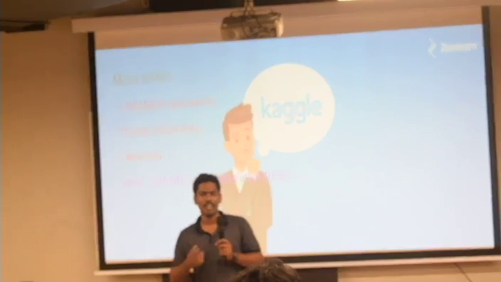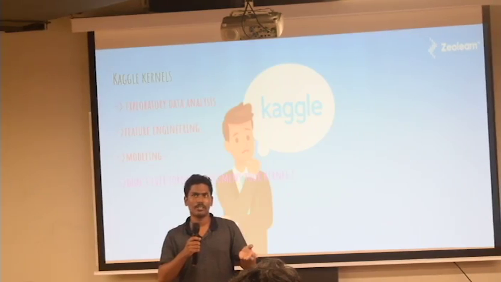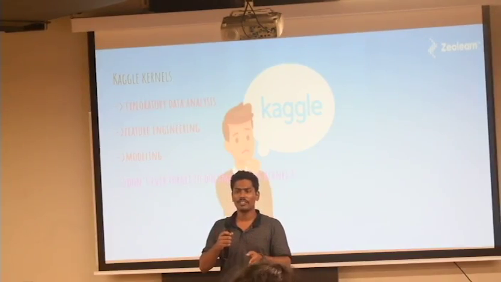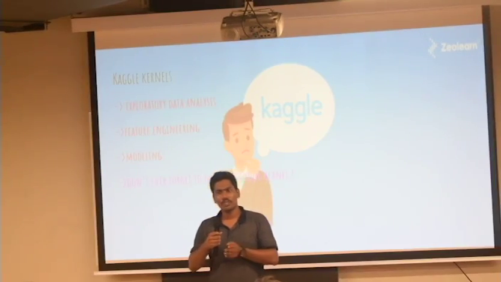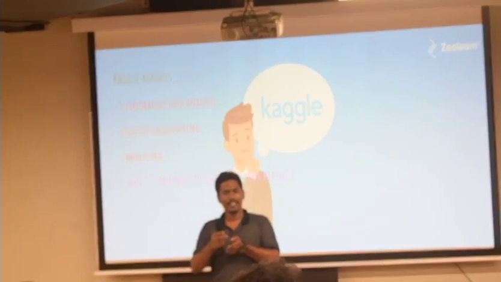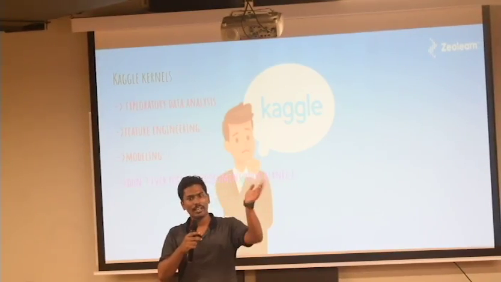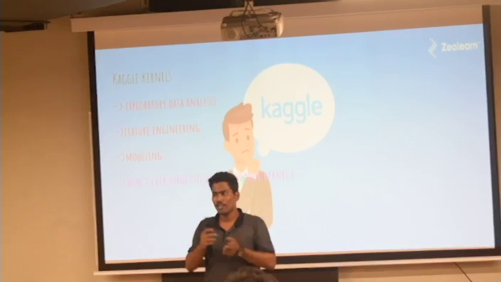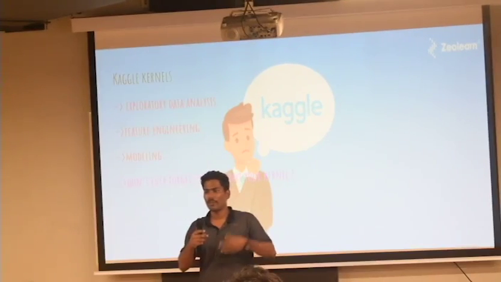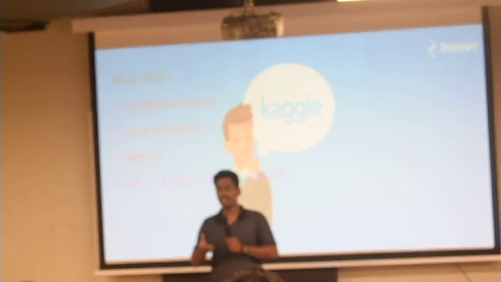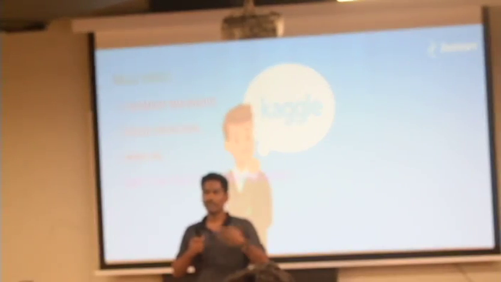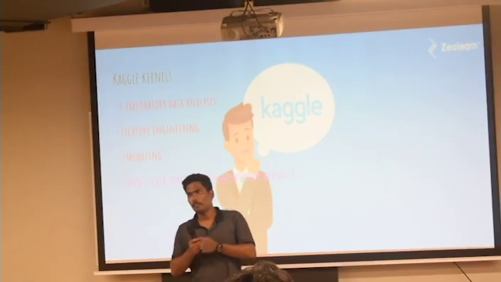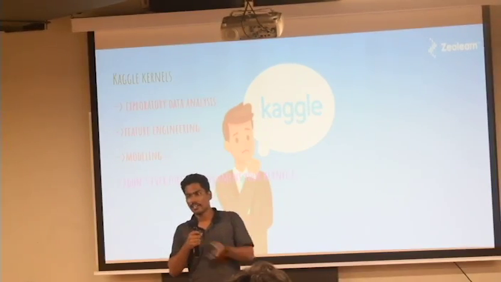I will give an example. If I have 7 features in my data set, and one feature is my date of birth, and another feature is my age, you actually don't need both of them. You need either my date of birth or my age. You can derive my age from my date of birth. So in feature engineering, we remove either my age or the date of birth. That is a part of feature engineering where you remove redundant features.